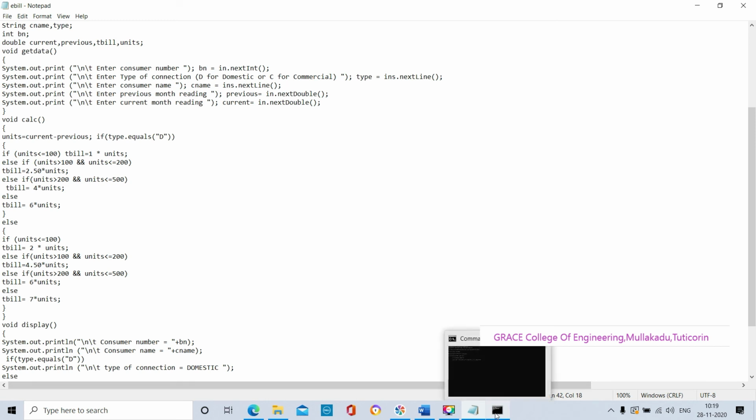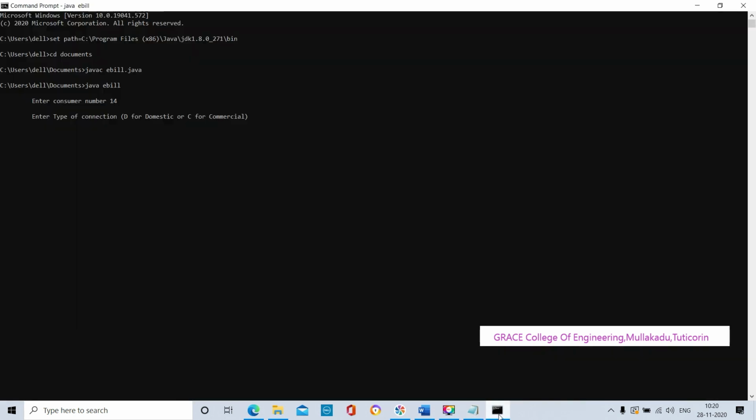If we give a small letter d, it will show an error, because in our application program we mentioned it as a capital D. So Java is a case sensitive language. Whatever we give in capital letters should be maintained as capital letters. Whatever we give in the application program as small letters, we have to maintain as small letters in the subsequent steps. So we have to mention capital D here.